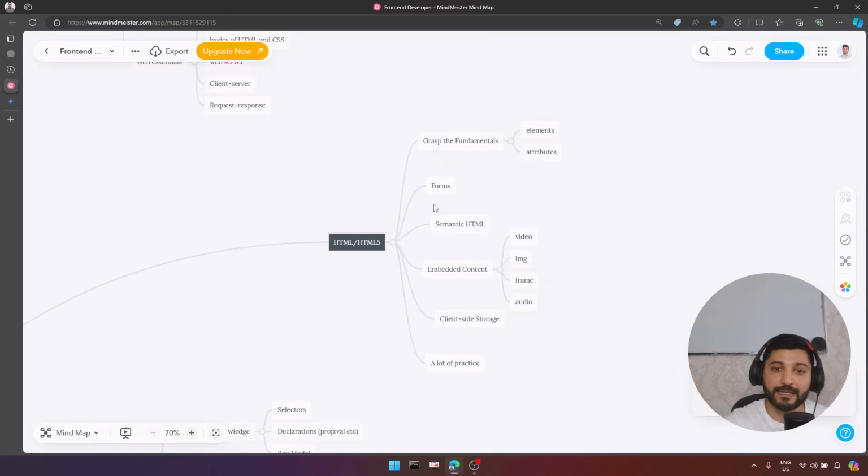Okay, and the next topic is going to be semantic HTML. For me, it is one of the important topics in HTML, and also this is a bit complex, especially for newbies. You need to understand how to design your HTML using HTML tags properly. You need to understand how to use, I don't know, the section, article, main, footer, header, nav tags, especially the semantic tags you need to understand, and how to use them properly,